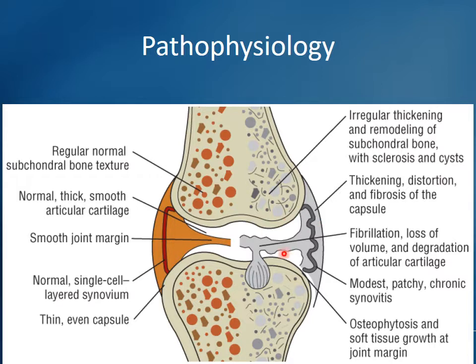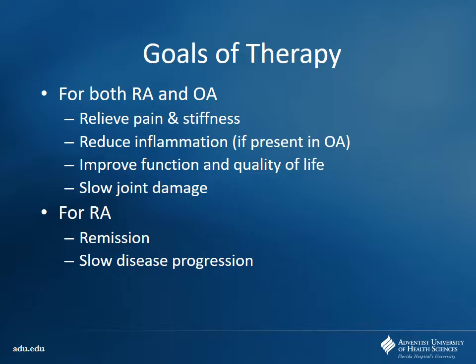So anyway, you're seeing more damage done over time. Again, you're seeing the narrowing of the capsule there, a lot of damage to the actual cartilage over time. All right. So anyway, our goals for both conditions, to get into the drugs, is